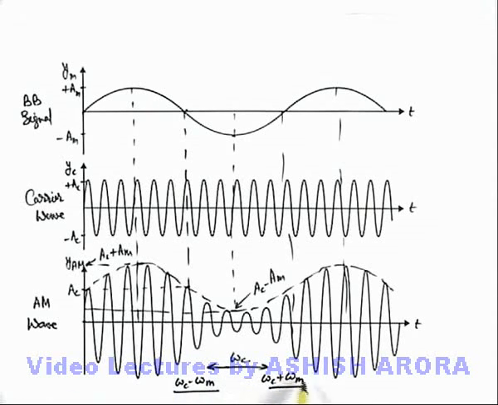And as all these frequencies are very high, the practical size of the antenna required for the transmission of such waves is also small and practical. And for high frequencies, the radiation can be done at sufficient power. So reception will be of good quality. So this is the way how we can understand the waveform of the amplitude modulated wave.